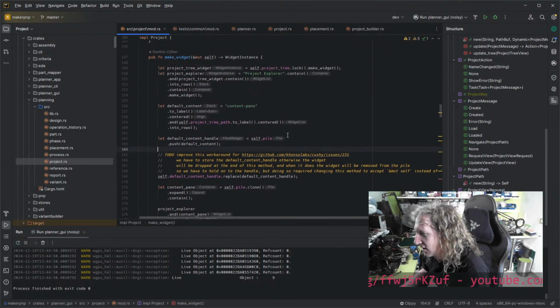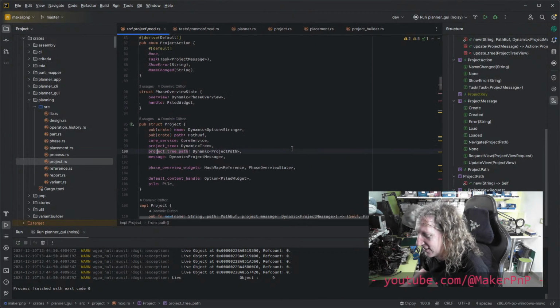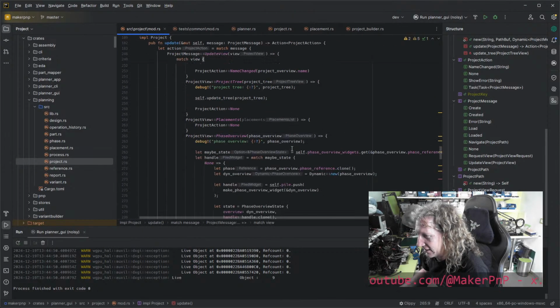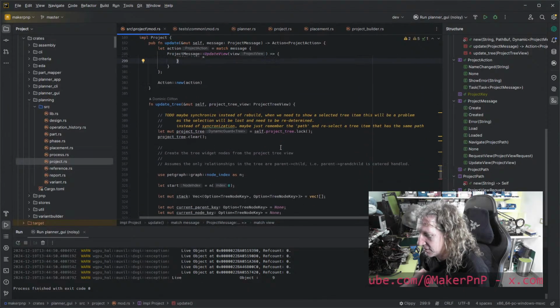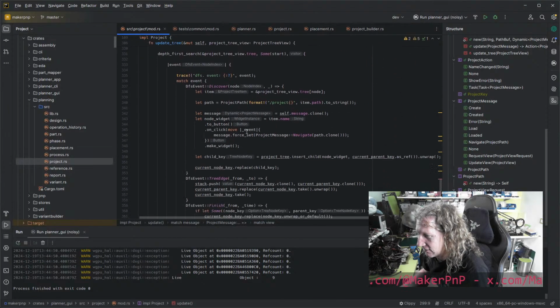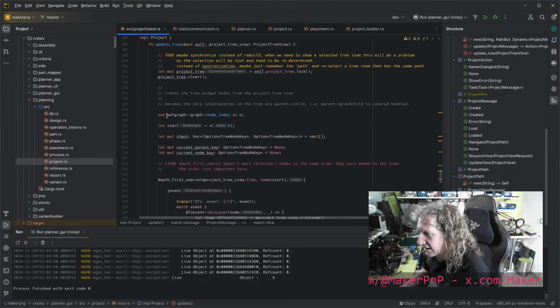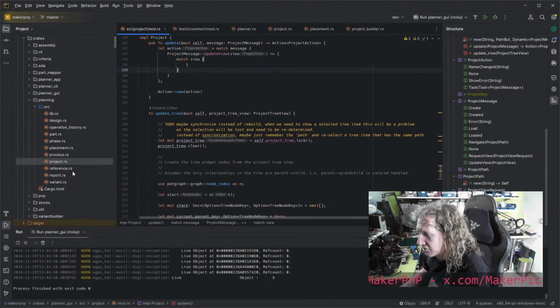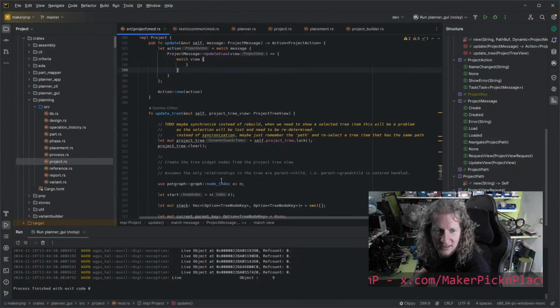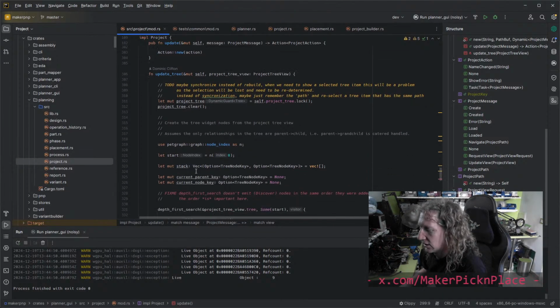I need to extract things. More places to look for more things, perhaps. Project Explorer. Oh yeah, this is our Project Explorer. Here it is now. Yes. Probably should extract this update tree to explorer.rs or something and then move it there. But anyway,